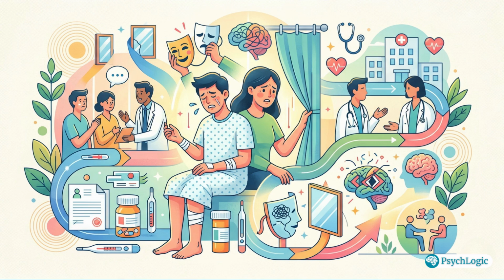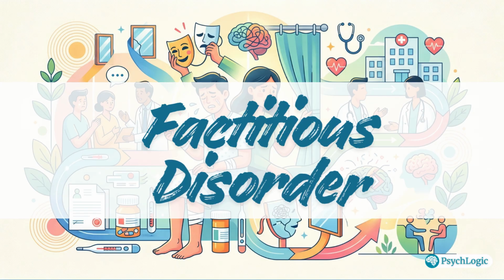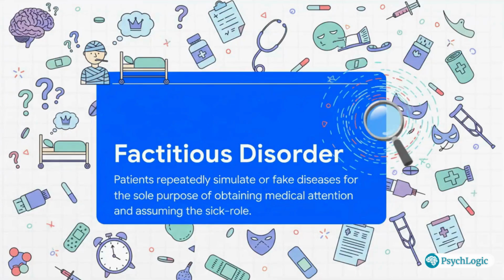All right, our final section covers a really fascinating and I think widely misunderstood condition. Our source text even has a nickname for it, the professional patient. This is factitious disorder, which you might know by its other name, Munchausen syndrome. And the defining feature here, the absolute key, is that people will fake or even cause real physical symptoms in themselves for one reason and one reason only: to get medical attention and to be in that sick role.